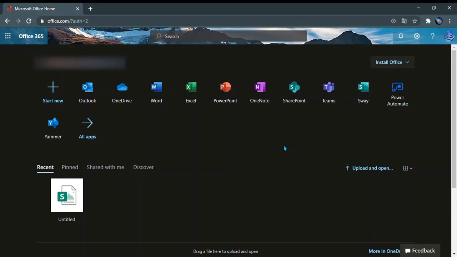Yammer and OneDrive are two other apps that can be used for your work. OneDrive for Business is used for business purposes, and Yammer is a platform like Facebook, as all of you are familiar with and use every day. This Office 365 application can be obtained according to your needs, whether it is for day-to-day personal use or business purposes.